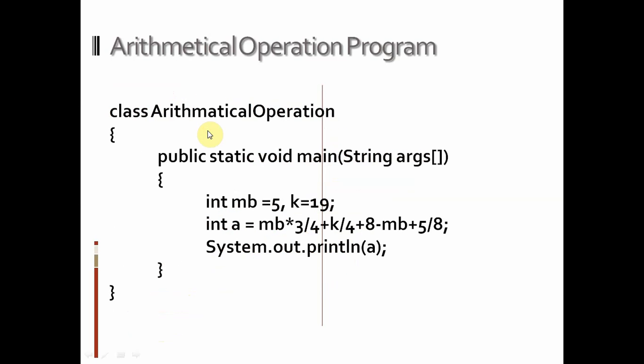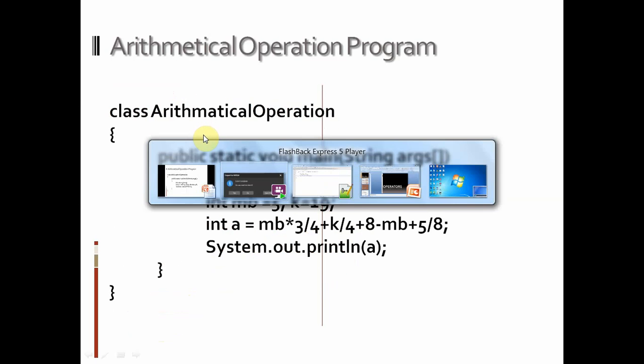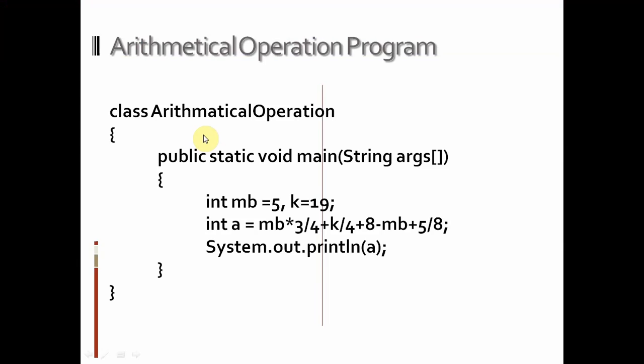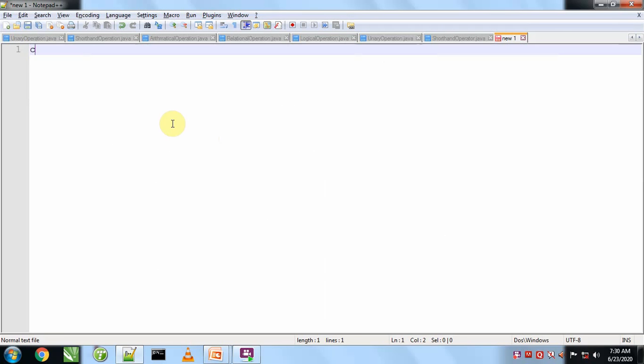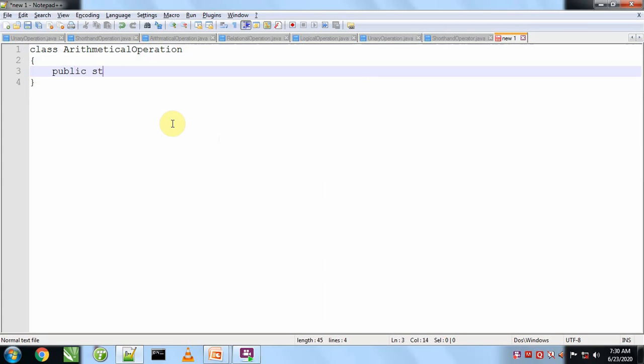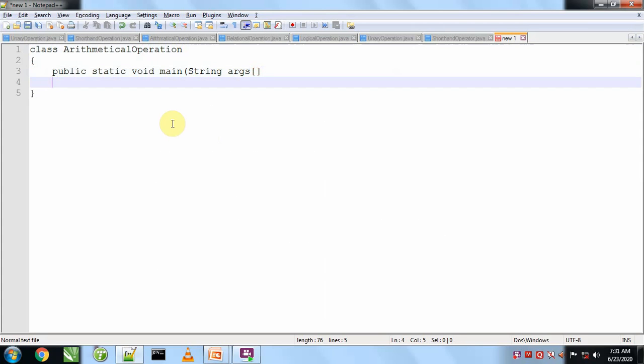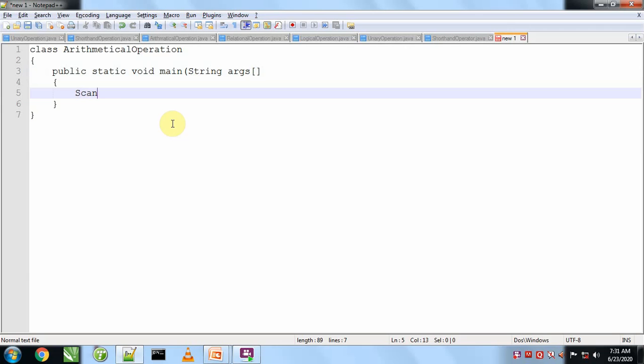We will solve this problem with the help of a program. We will take a class, ArithmeticalOperation. Here we will take the main method. No need of the Scanner class.